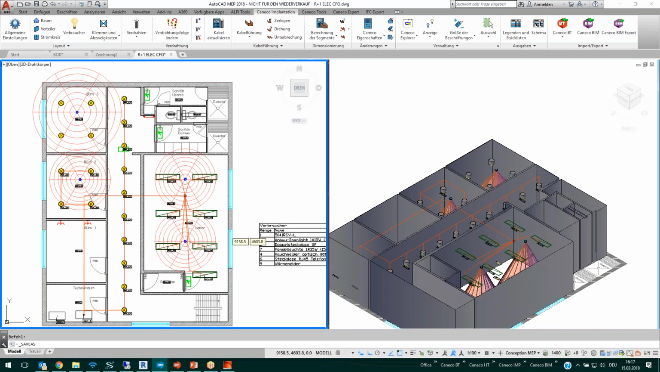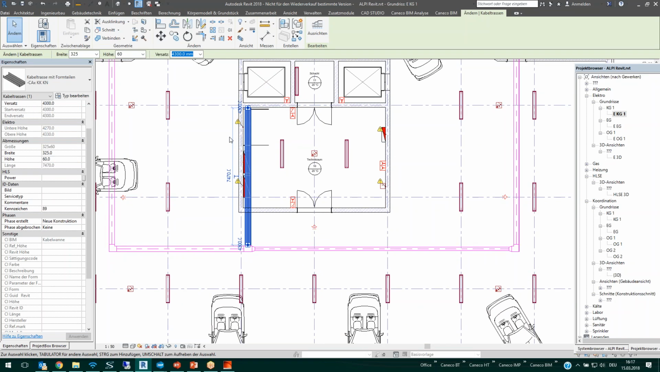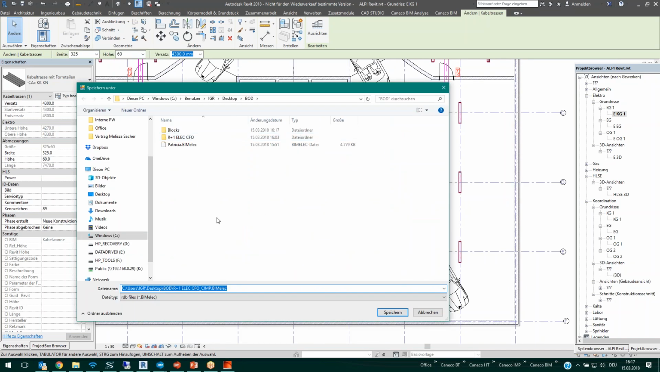Now, where is it? Okay, just saving, still saving. Yeah, that's what I want to solve here. That now you don't need to use Revit if you have Caneco Implant and Caneco BT, because